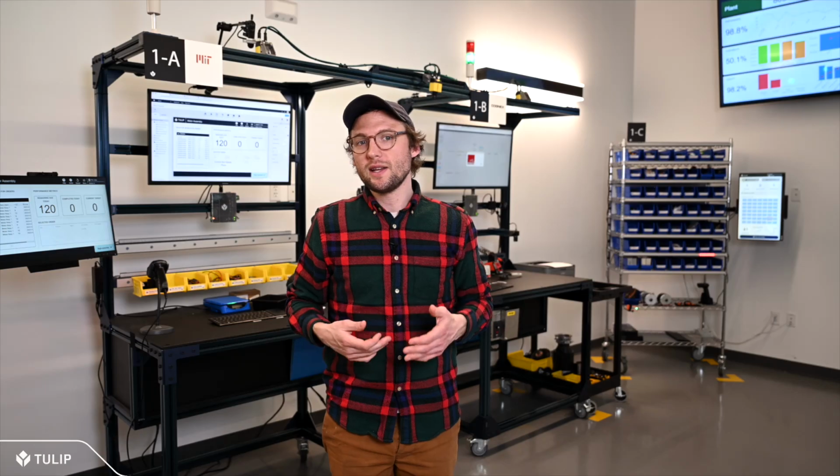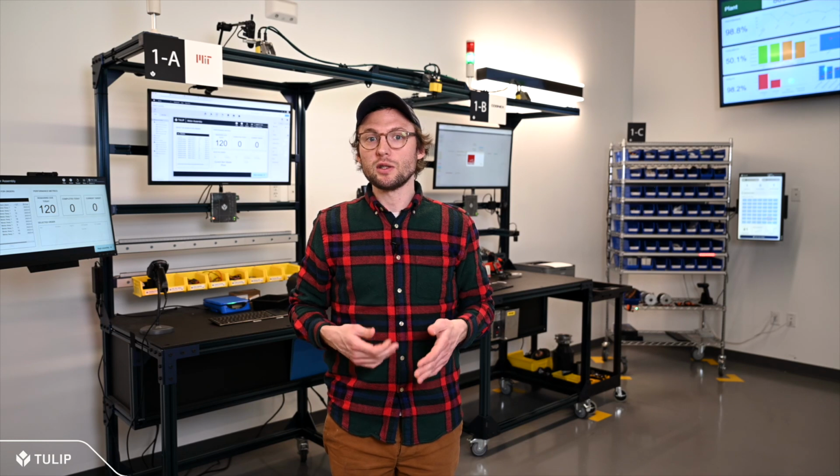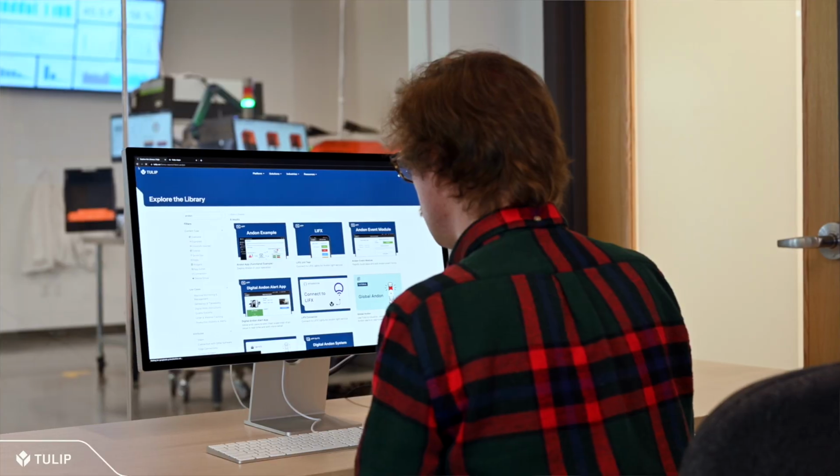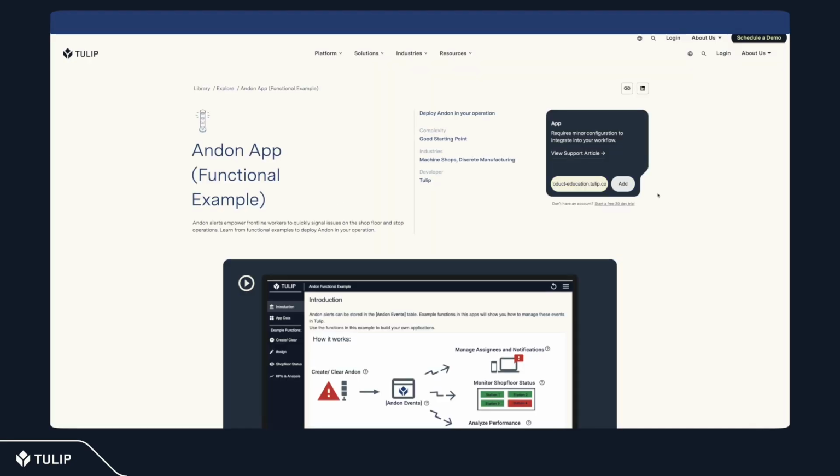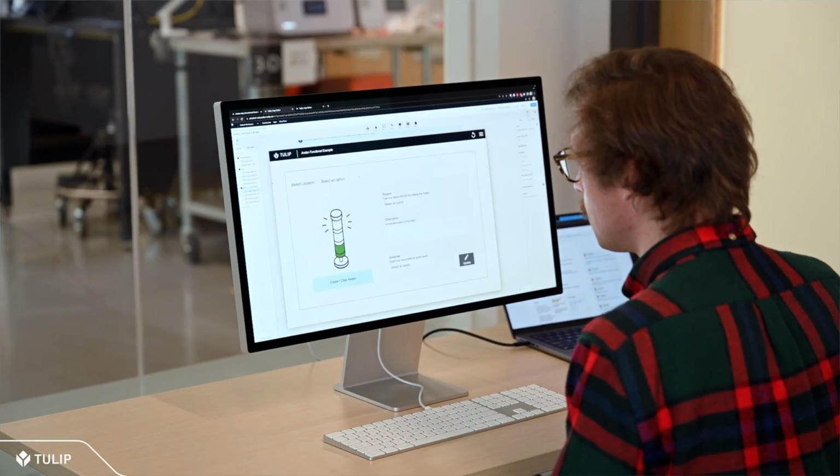Now, let's say your imagination gets going and you want to learn more about how to create andon alerts with Tulip. Here, you can see the full power of the library. From here, you could download the functional example to learn the use case's best practices and to copy-paste functionality into